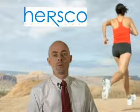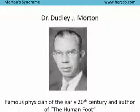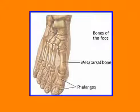In this session, we're going to look at the term Mortons as it relates to foot orthotics. There were two Mortons in the podiatric field. In this case, we're going to look at Dudley J. Morton and Morton's syndrome. Morton's syndrome is typically characterized by a short first metatarsal, meaning that more weight is transferred